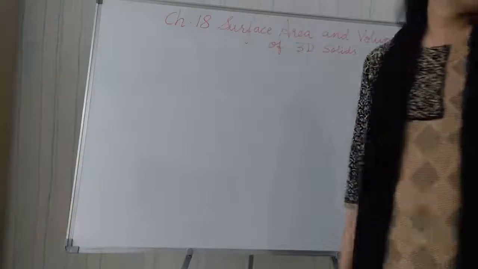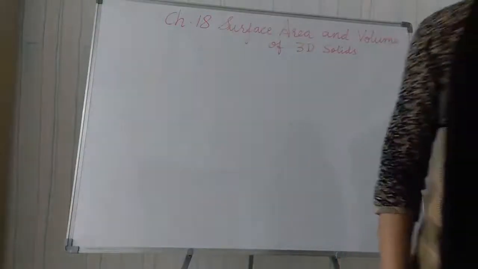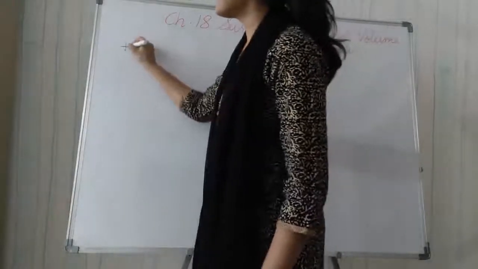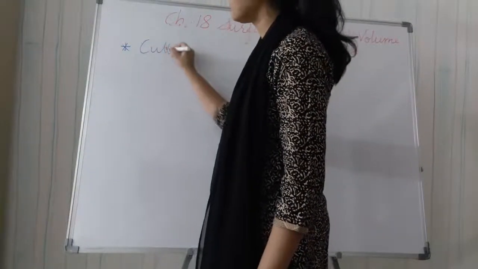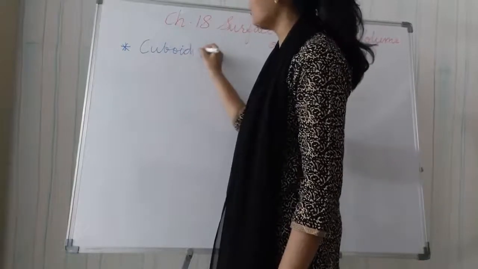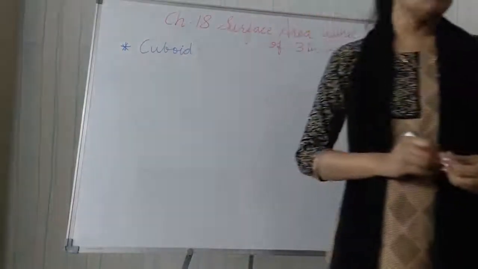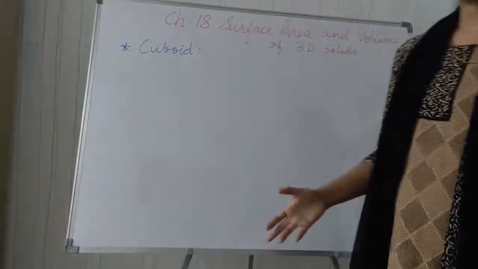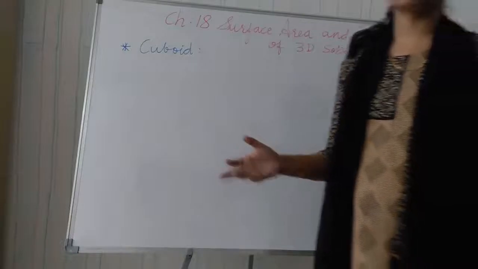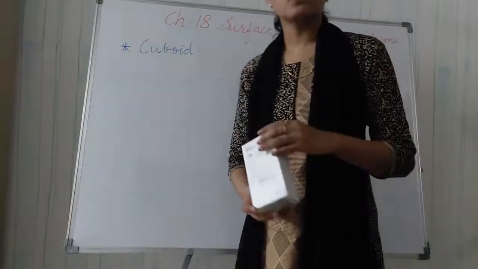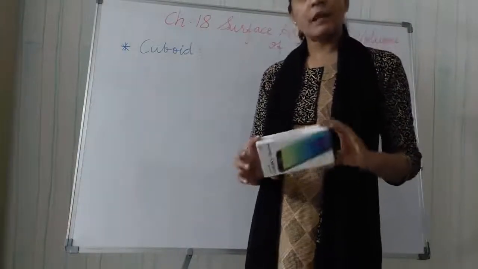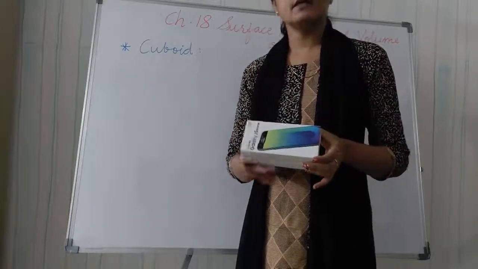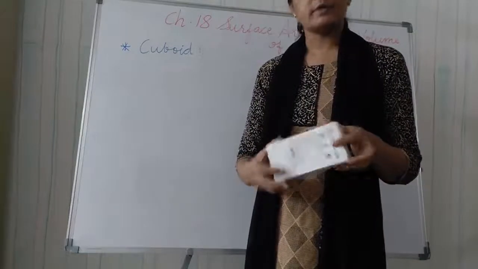So today we are going to study mainly two shapes. They are three-dimensional shapes. First is the cuboid. You have all seen cuboidal shapes at home, because many boxes we are seeing nowadays are of cuboidal shape. I am showing you one box I have here, students, of a mobile. This is the mobile box. This is a cuboid shape. You can see this box is a 3D shape, right?